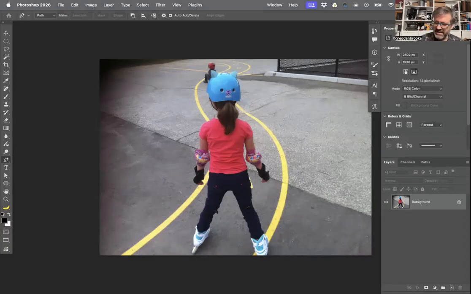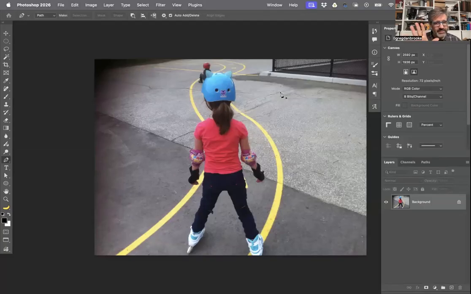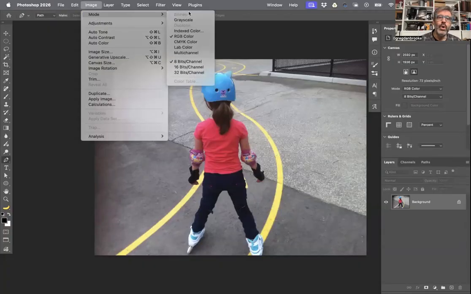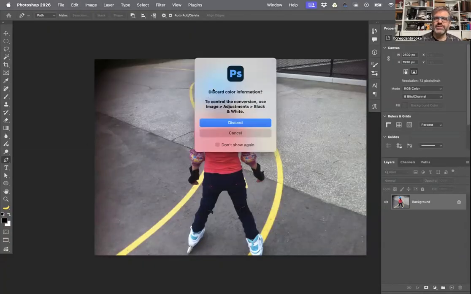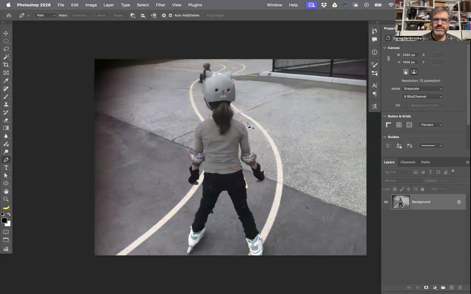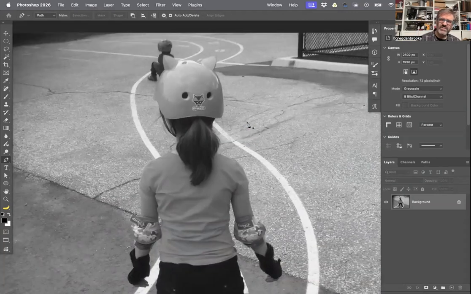But take a look at this. The idea behind non-destructive imaging is that we can make changes to an image without actually making changes. Now, destructive, like if I were to convert this image to grayscale, right now it's an RGB image, and if I went Image, Mode, and I switched it over to grayscale, it'll ask, do you want to discard the color information? If I hit discard, it becomes a black and white photograph. But I didn't have any control over